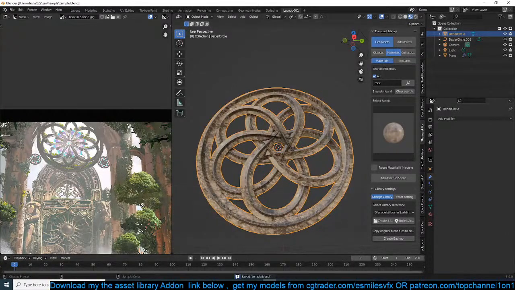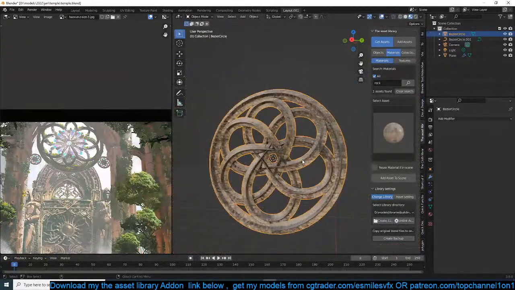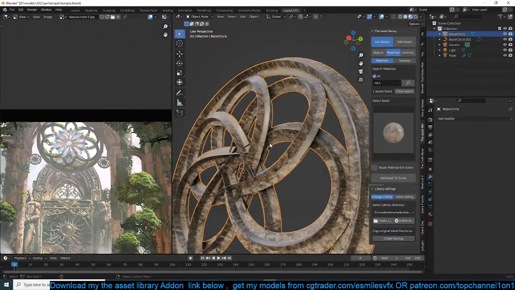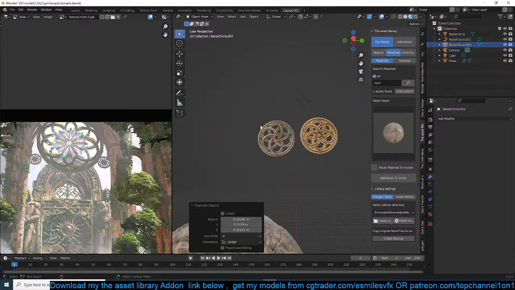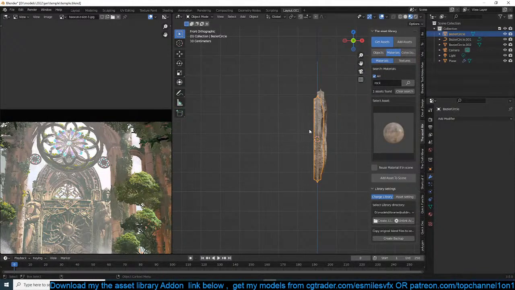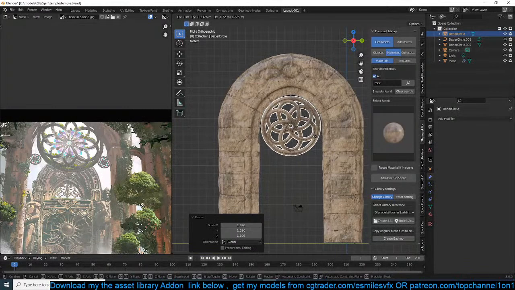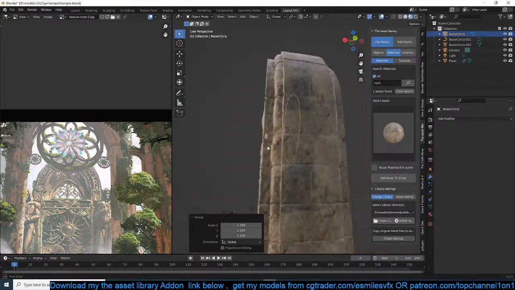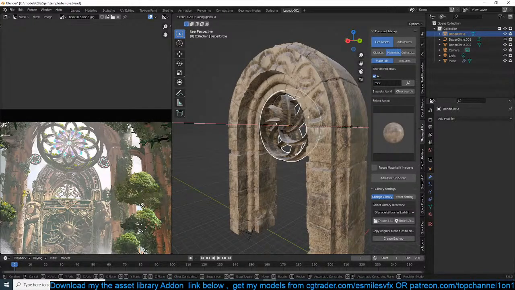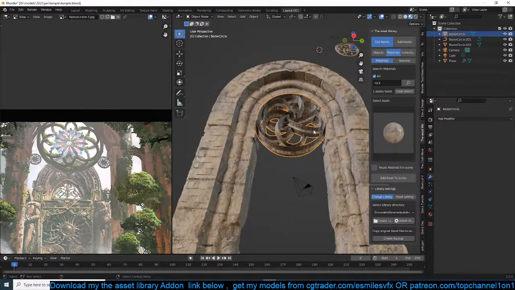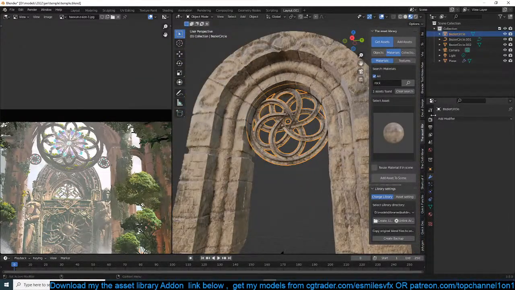Yeah, so now that we have this, okay, this is a lot of polygons, but that's okay. We can come in and add some damage to this. Maybe we can have a separate one that doesn't have a lot of damage, but for the one that we're going to use in this, it should be around here. Maybe even make it a bit thicker. Actually, thicker doesn't look very good, so you can grab this, go to sculpt mode,